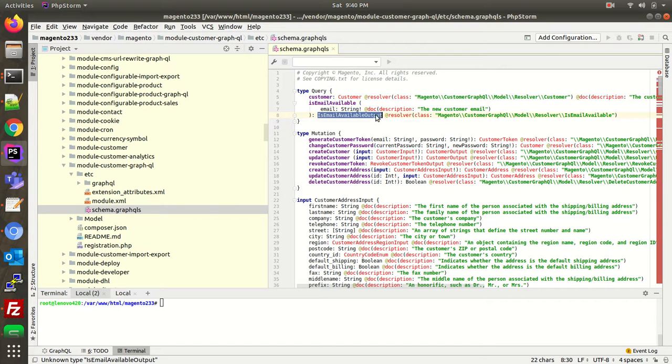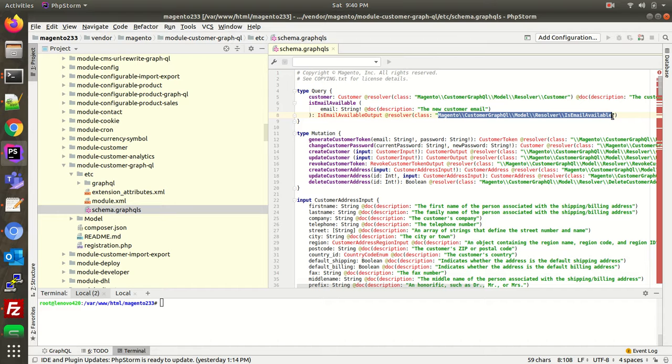And for each of these we have a resolver class. Just keep in mind that a resolver is basically a system where it takes the input, does all the operations within it, and gives the output. That is the work of the resolver. And for the resolver we have a class over here, and just keep in mind as well that for the resolver we do not write the entire logic in that particular file.